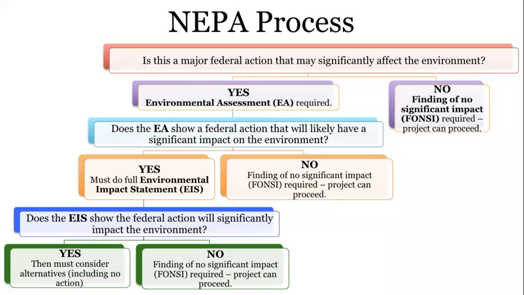Then the environmental assessment, which is a preliminary environmental review, it's not very in-depth, right? Does the environmental assessment, that preliminary review, show a federal action that will likely have a significant impact on the environment? Again, using the same operational definitions of those terms, significant impact environment. The answer is yes. So the EA, as a preliminary assessment, says, oh, there may be significant impacts here. Then you have to do a full-blown environmental impact statement, very time-consuming, relatively expensive. So you have to do what's called an EIS, or environmental impact statement.